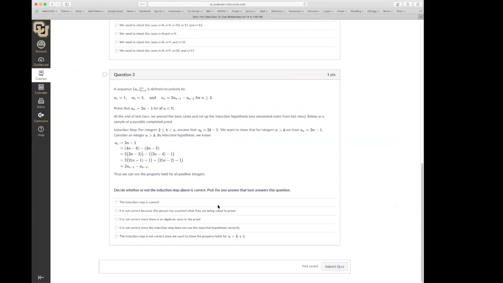Okay, so the induction step is not correct. And this is actually the problem that we're going to talk about right now, so it's good to talk about this. One immediate problem: the induction hypothesis is fine. All of this is correct. And now they're going to try and show for n values larger than k that the same thing holds. And so part of the problem is,